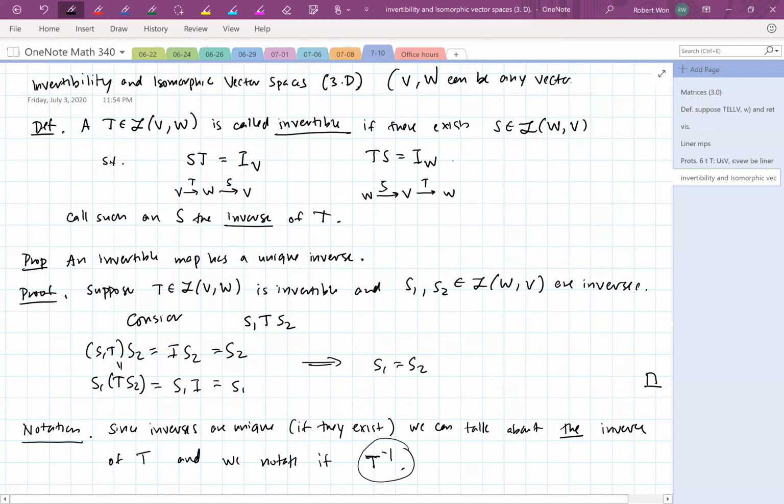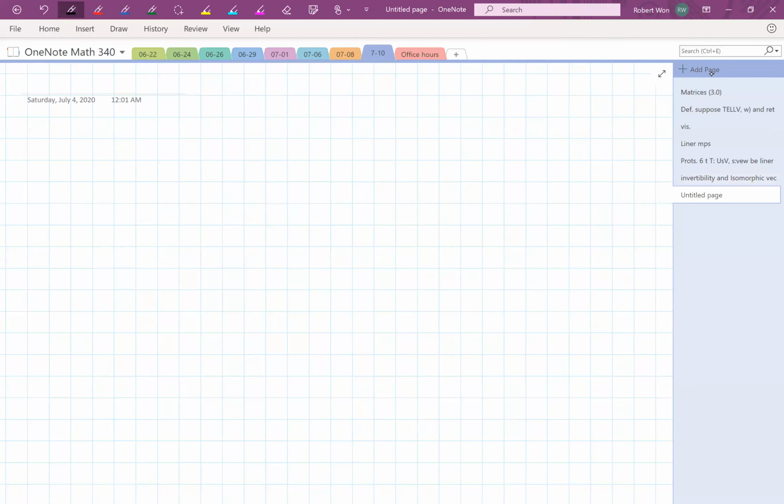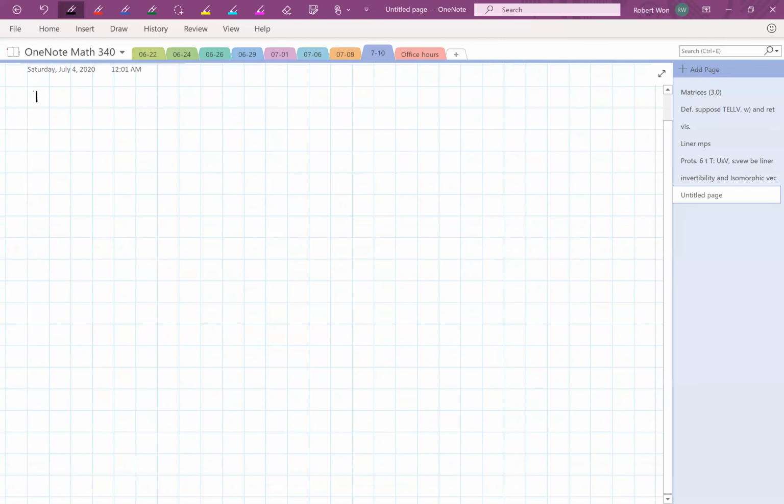Okay, so this is more general than what you did in 308, because these vector spaces might be infinite dimensional. This definition still makes sense for an infinite dimensional vector space. But if I give you a linear transformation in some way, you could ask, okay, how do I know if it's invertible? Do I need to actually construct an inverse? That might be difficult. So the result that we'll prove on Monday is